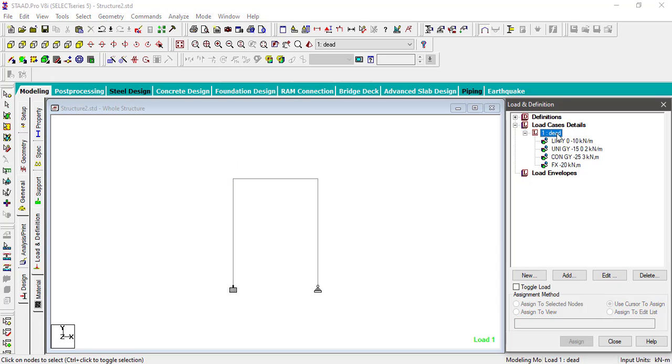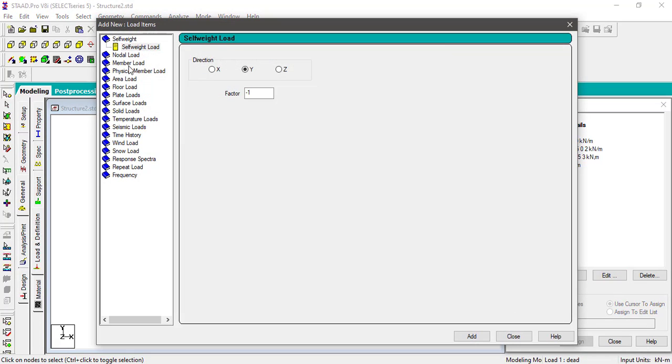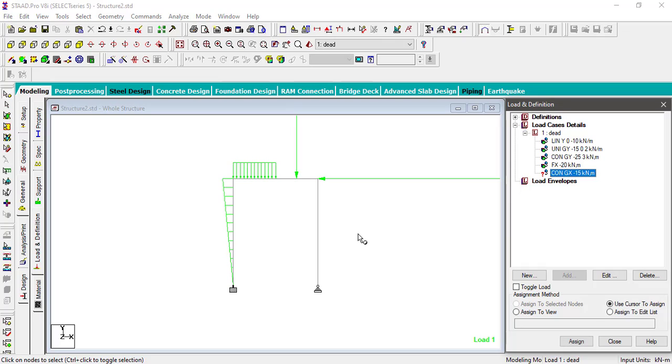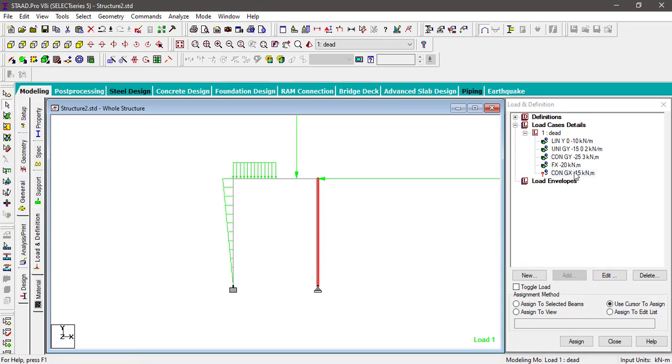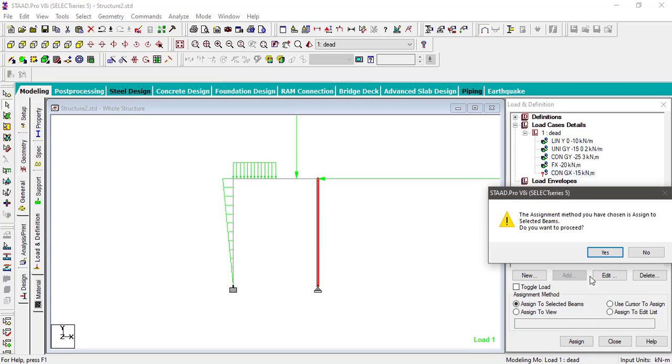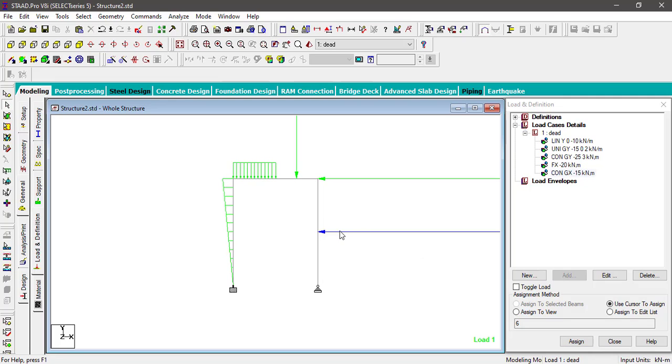Next I select this dead, add member load, concentrated force of say -15 kilonewton, global x-axis. Add, close. Node cursor, I have to select this. This is -15. Assign to selected beam, assign. These are the loadings.